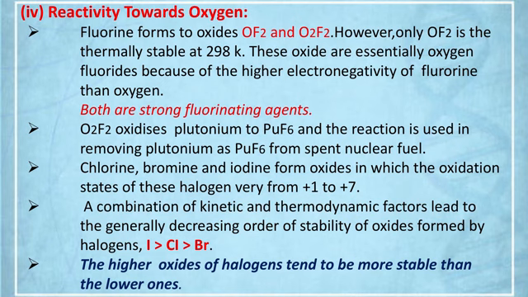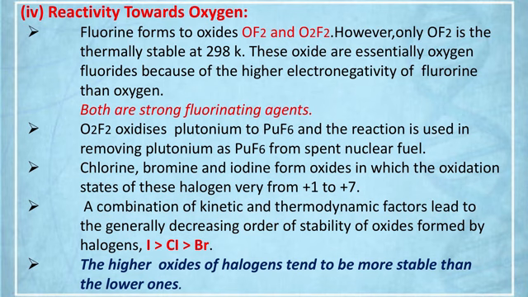Why? Because fluorine is more electronegative than oxygen. It is the most electronegative element in the periodic table. Hence, we can't call these two compounds of fluorine oxides. It is not fluorooxide. It is oxygen difluoride, dioxygen difluoride. Between these two, OF2 is more stable at 25 degrees centigrade, I mean room temperature.